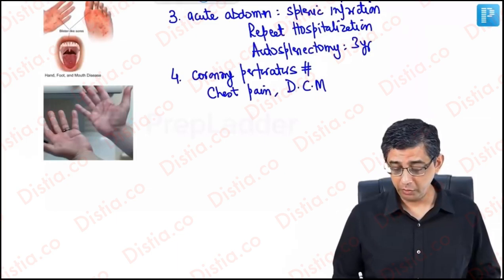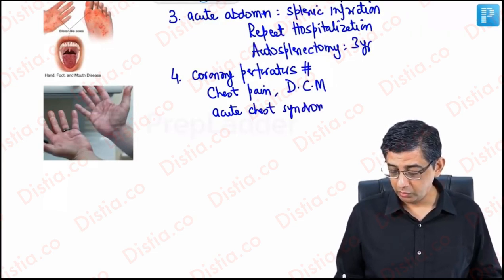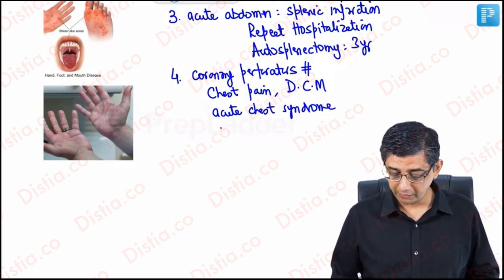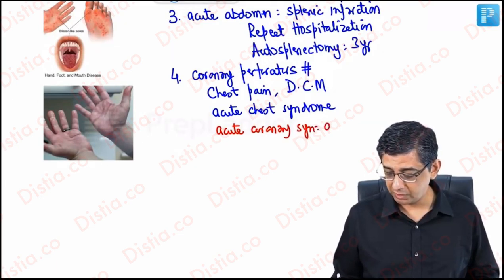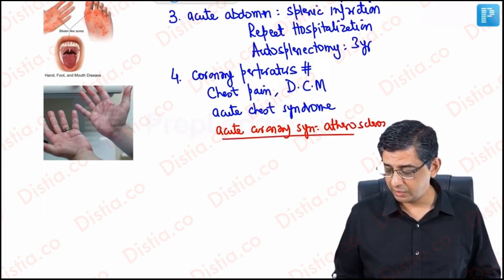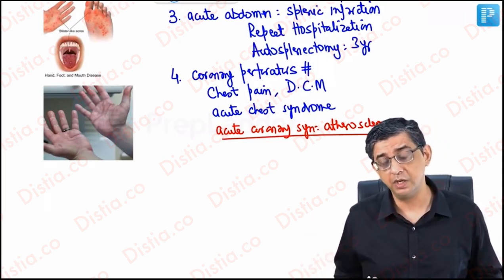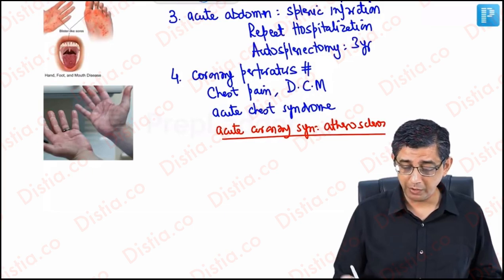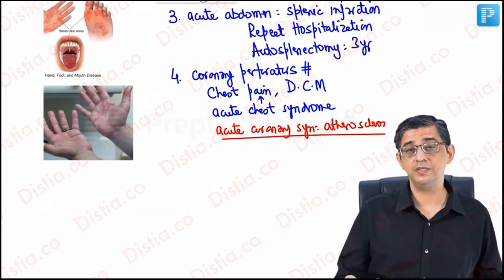The term that will be used to describe this manifestation in an MCQ will be acute chest syndrome. I don't want you to confuse this with an alternative term called acute coronary syndrome. Acute coronary syndrome is a term that you use when a person is having atherosclerosis in the main coronary artery, that is the epicardial ones, and then there could be a thrombus formation causing an MI or Prinzmetal angina or unstable angina. Acute chest syndrome as a terminology is mainly for representing the sickling crisis that can occur in